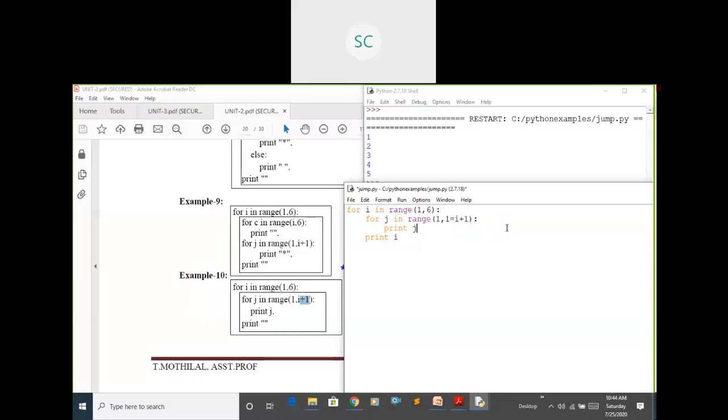Just give one comma. Within the for, I'm going to give some space here. Now observe the output. No, there is a problem.